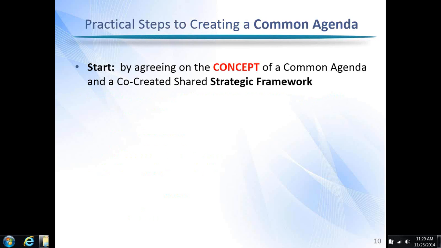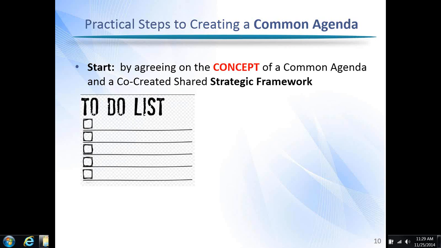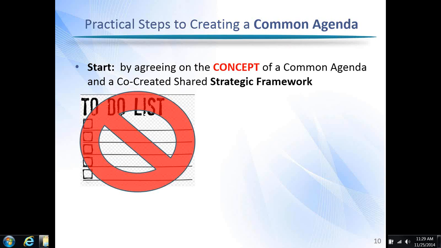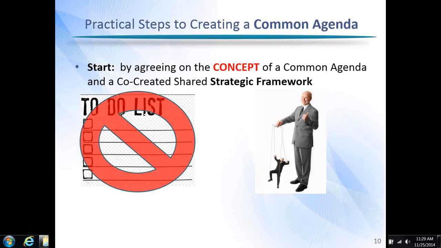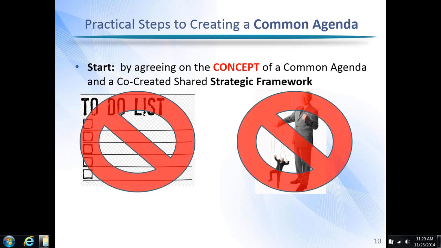Once you've agreed that you want to do this and that there's value in this, then you can begin going down that path with more of a consensus. So it's important that people realize that when you create this strategic framework, it's not a to-do list. So people shouldn't be saying, oh, everything that we start putting on here is stuff that I need to do. It's actually a structure to organize so that you can be more effective as a team and much more efficient in managing the information. Another thing to recognize up front is that it's not about one organization controlling another organization,